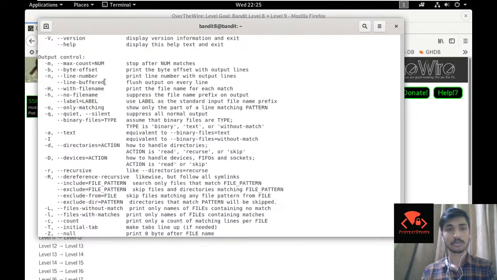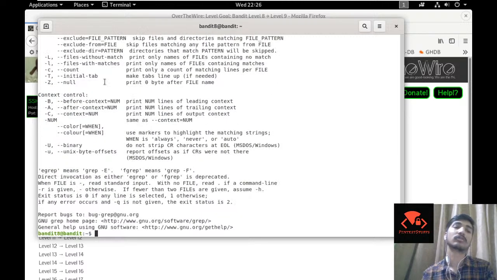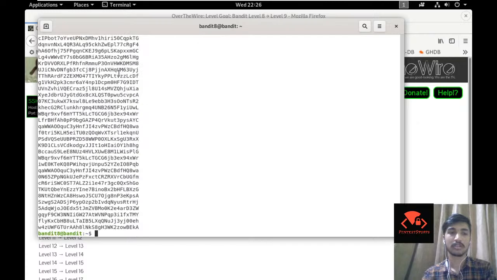Output line. So there was this command which just skips all the duplicate lines. I just can't remember that. For example, if you just go into cat data.txt and then all these lines,